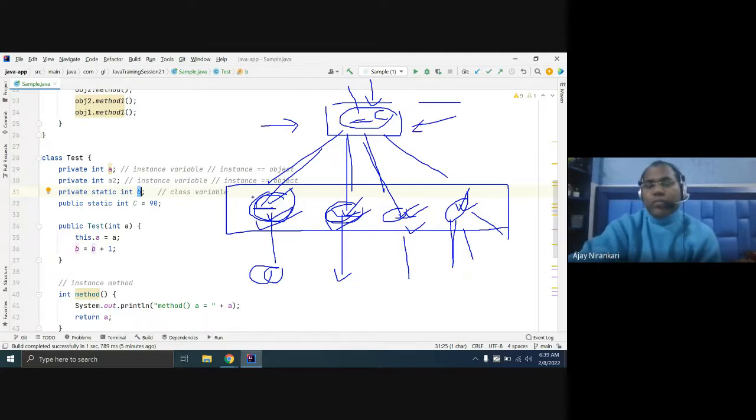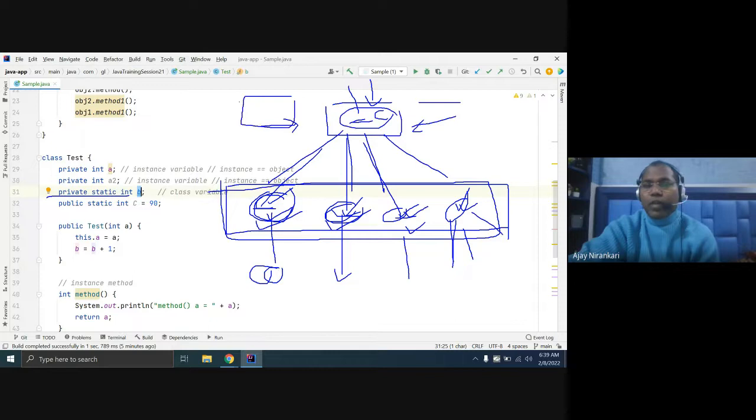So think, anything that can be shared by all the objects of that class can be marked static, and assume that static has only one copy for all these references, right?